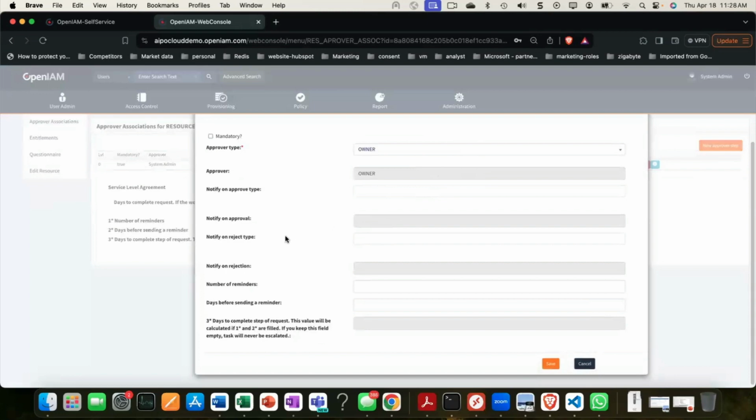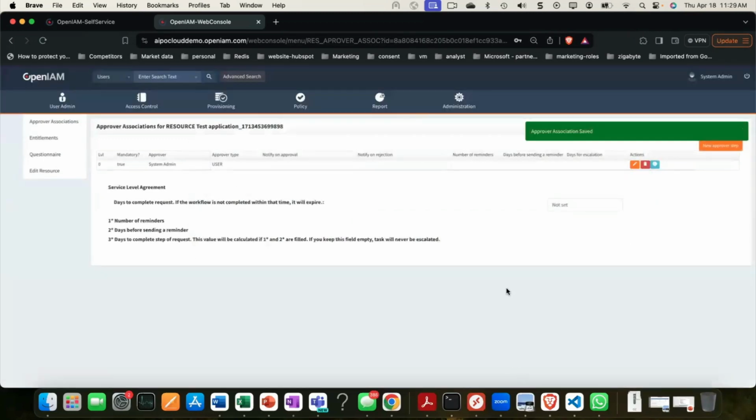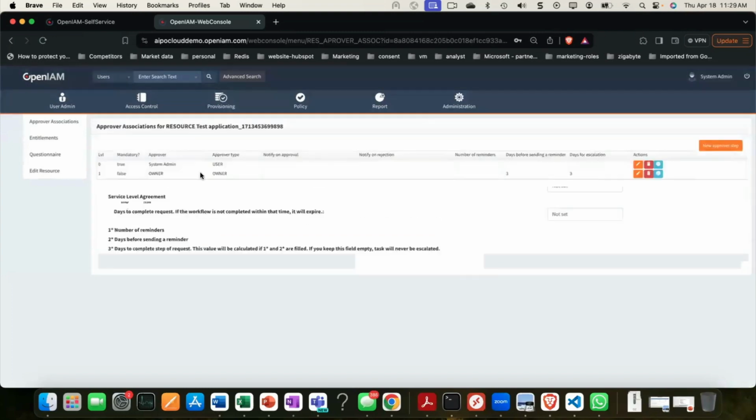And then I could define other parameters in terms of like who I want to notify on approval, who I want to notify on rejection. It's there if you want to define it. Also, if you want to send out reminders, you can say, maybe after 3 days, send out a reminder. And it will then add this onto the step, right? So this means that anybody who's asking for this resource, test application, the approval flow would go through the sysadmin, and then it'll go to the owner, and then after that,